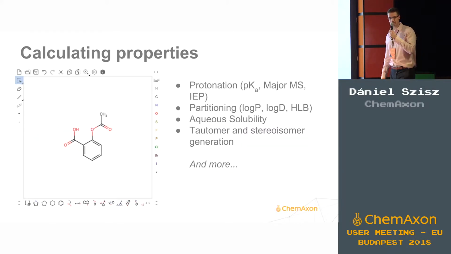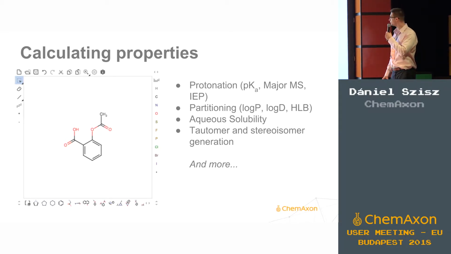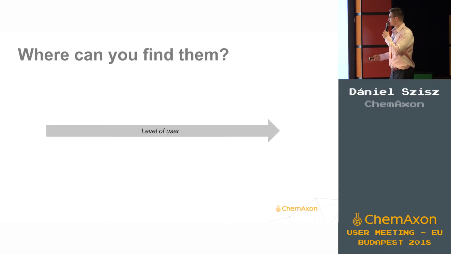We provide many of these. The most important ones for you are the different protonation functions like pK, microspecies calculation, different partitioning functions, log-P, log-D, and HLB, aqueous solubility, and many other properties you can use in your model building, in your predictions. All these calculators are combined with great flexibility, so we cover all the